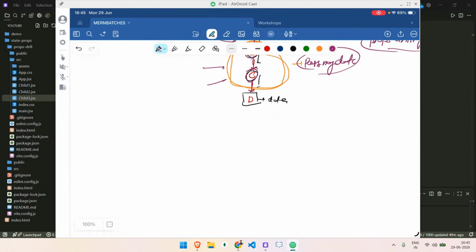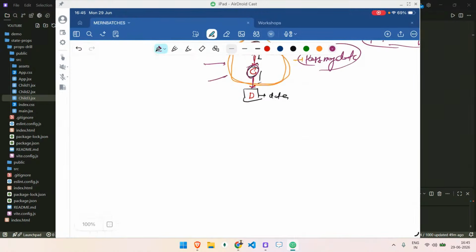If you want to drill a property like this, A to B or B to C, that means if you are drilling the props from 1 to 2 levels, you are good. That means you can do it. There is no problem with it. You can do normal props passing. If you are dealing like this, A to B, then B to C, then C to D, if you are doing this